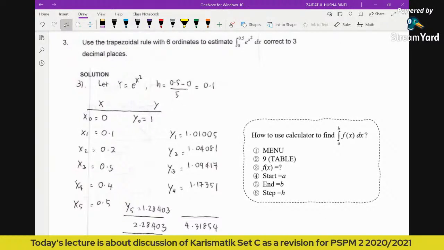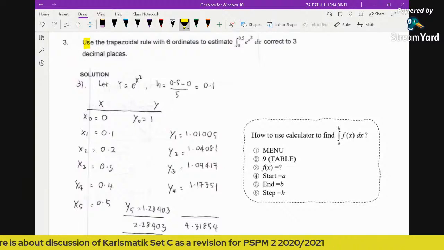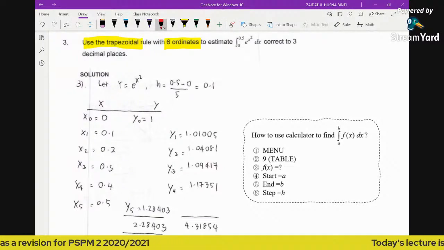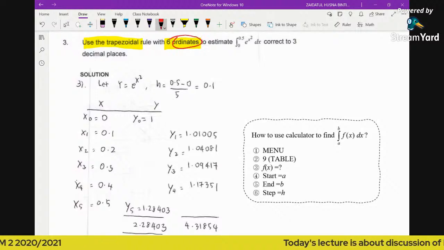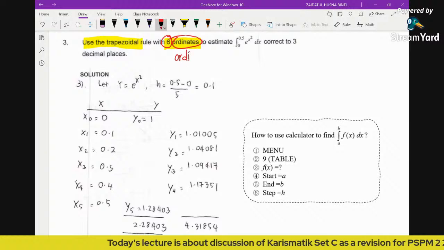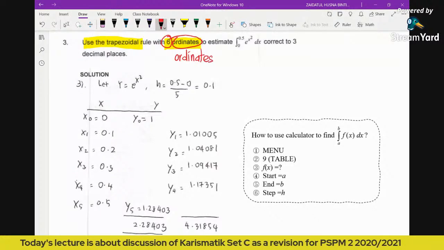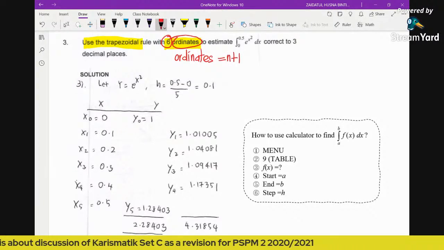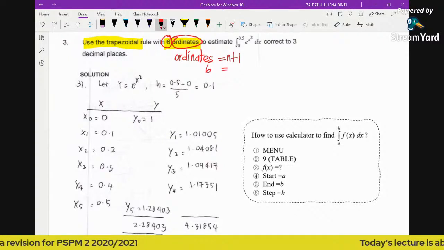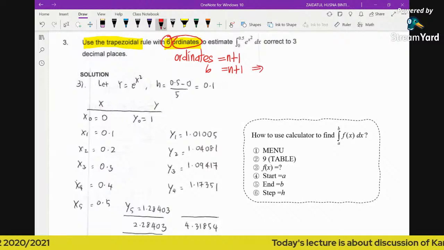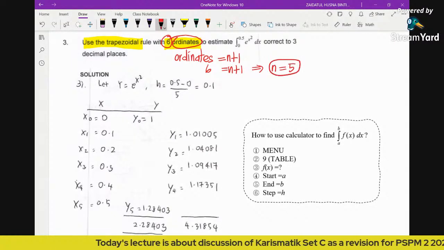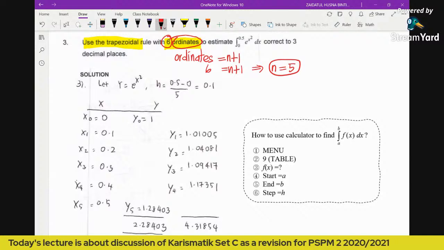Okay, so now let's see. The question says use trapezoidal rule with 6 ordinates. Now please bear in mind the word here is ordinates. So please be careful, guys. In this case, n is not 6. Ordinates is basically n plus 1. So in this case, since we have 6 ordinates, we can say that n is equal to 5. So please be careful, because once you get n wrong,